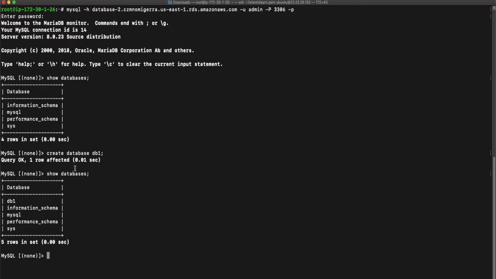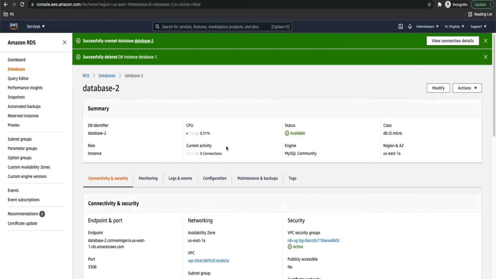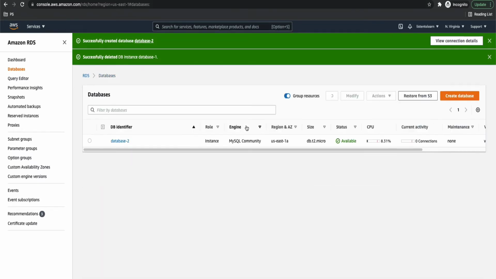Okay, so now we are done with our first section, that is creating a database with or without the public access and trying to connect to it. Moving on, let's see how to create a read replica. So to create a read replica,